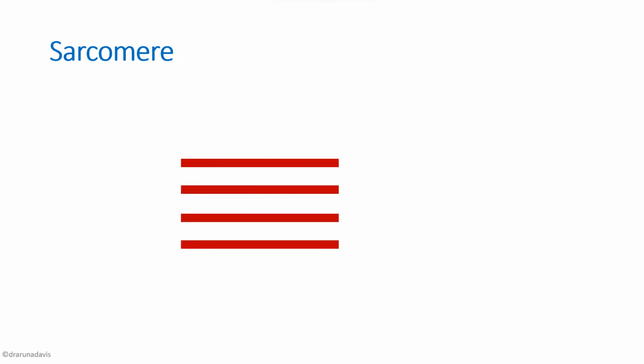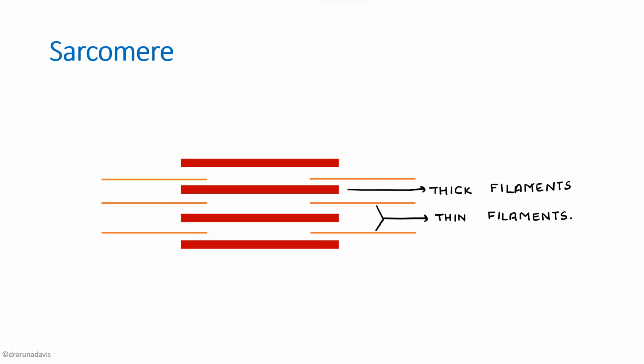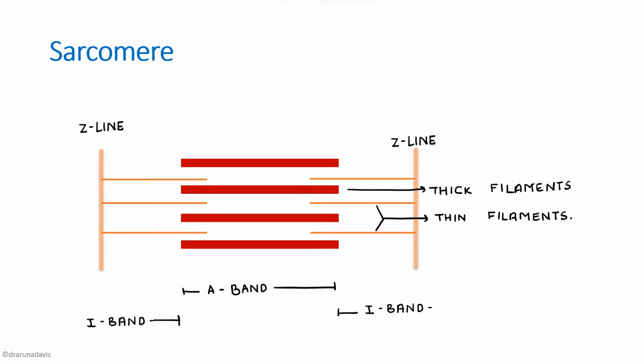So we know that a sarcomere is a region between two Z lines. You can start by drawing the thick filaments, which are composed of myosin, and then the thin filaments, which are composed of actin, troponin and tropomyosin. Then you can mark the area of the dark band as the A band. It's called the A band because it is anisotropic to polarized light. And the light band as the I band because it is isotropic to polarized light. In the center of the I band you can draw the Z line. So the region between the two Z lines is called a sarcomere.